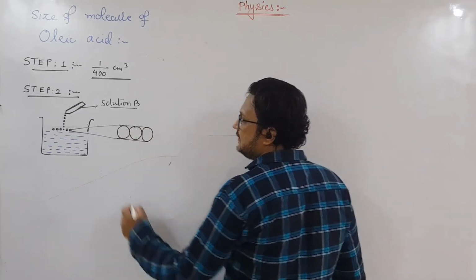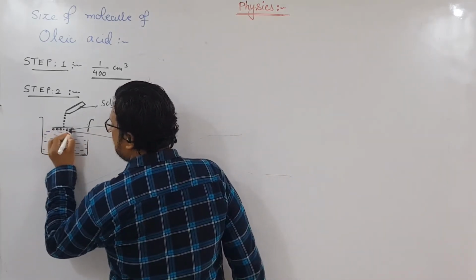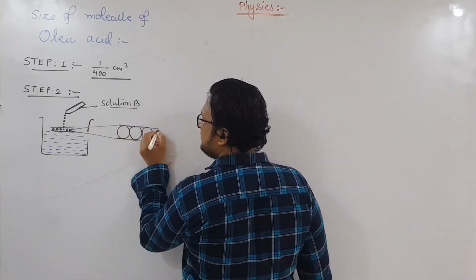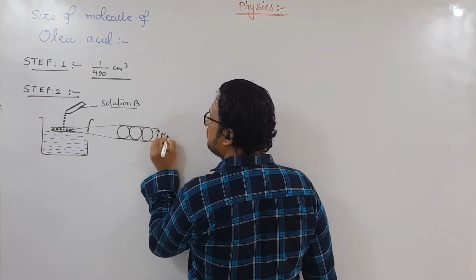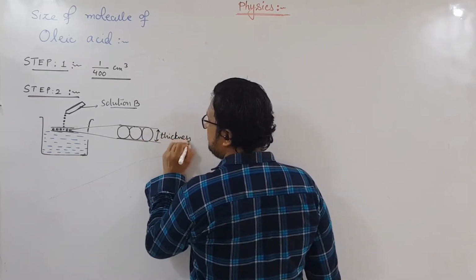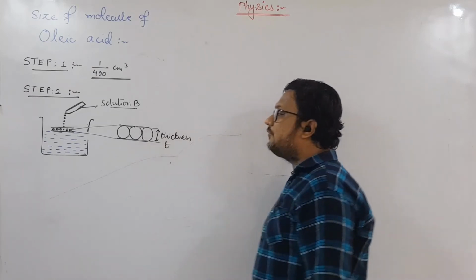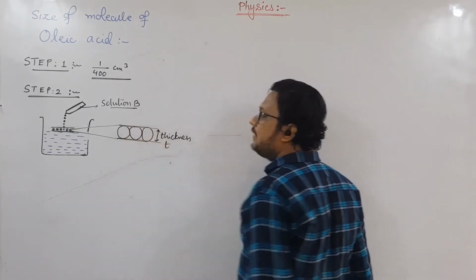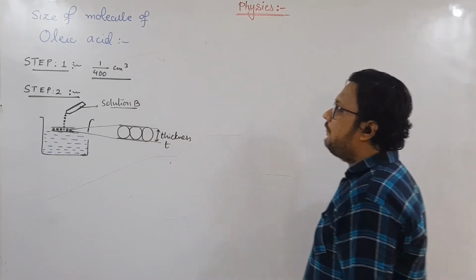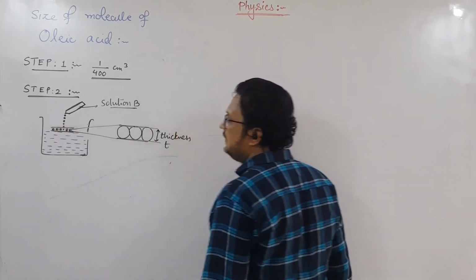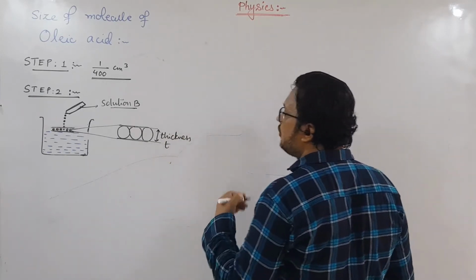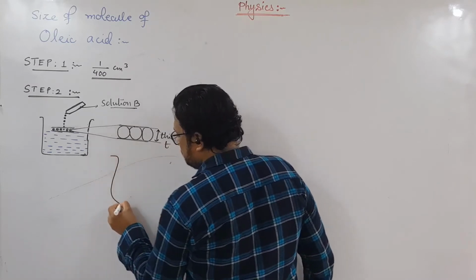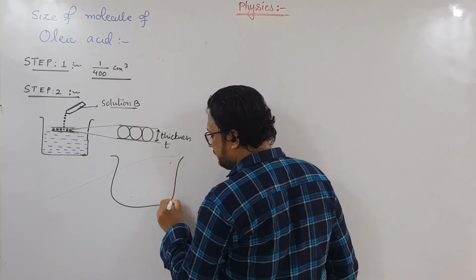Now you can see that the thickness of this layer which we are going to get will be this only, and this thickness T is nothing but the diameter of the molecule. You can easily see in the figure that this thickness is nothing but the diameter of the molecules, right? If we see this from the top, or if you draw the same diagram in 3D,